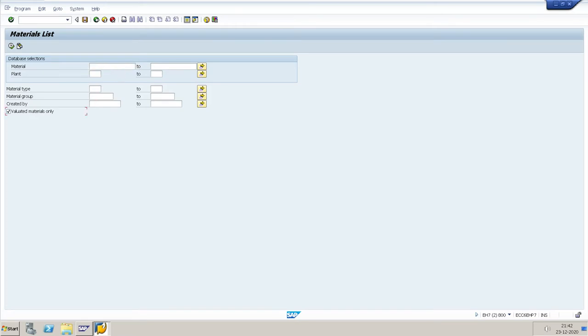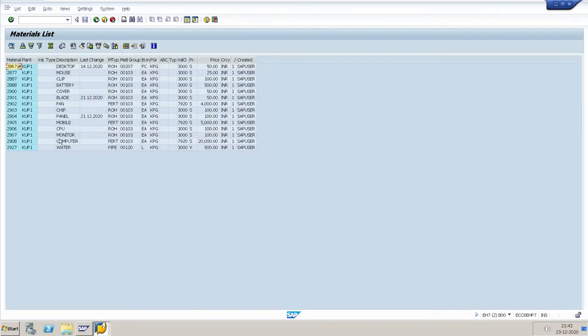Enter your plant code. It will show which materials are available in our plant. Now you see 2927 is the material code, description water, and the material type is pipeline. It is created and available in the system.